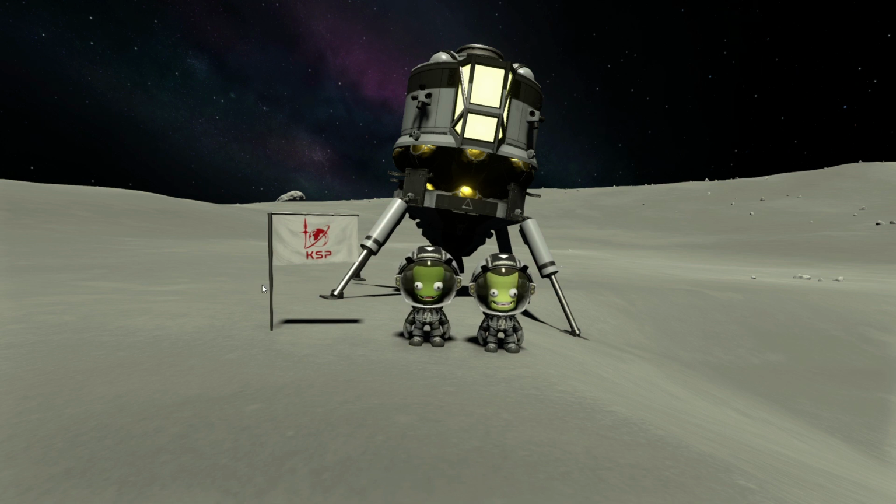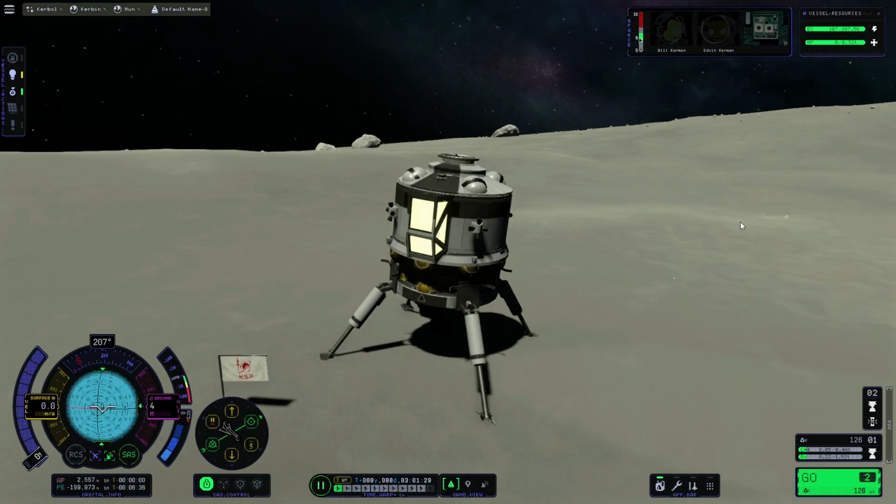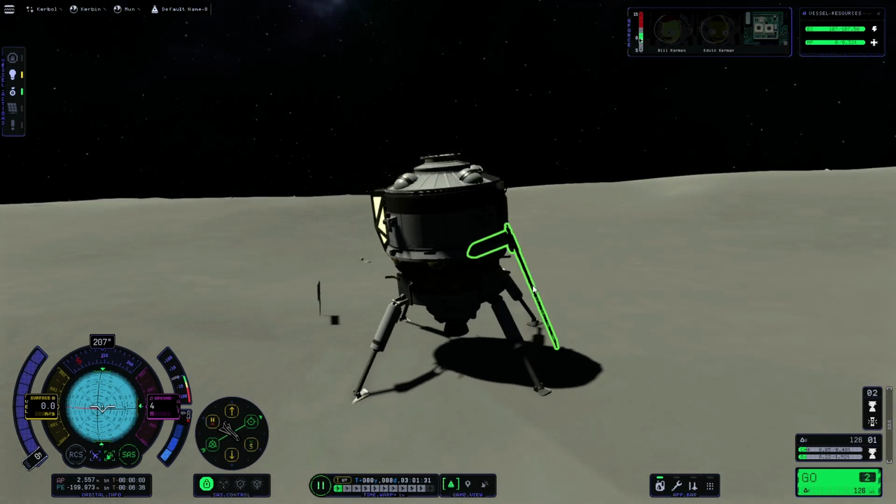So as you can see, we've already got our flag in place, we've done everything we need to do on the surface, so we're going to quickly board our Kerbals back into the LEM and then we will get straight into the tutorial. So once that's done, the first thing we want to do is retract the ladder,